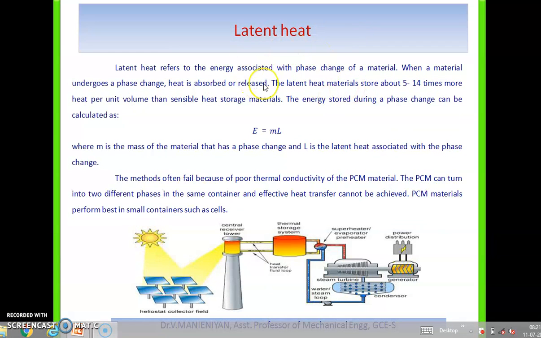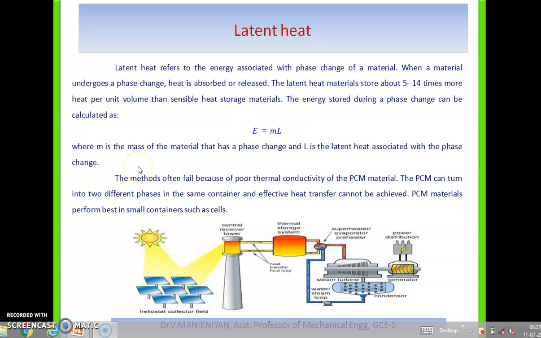Now I will discuss the latent heat storage system. Latent heat refers to the energy associated with the phase change of a material. When a material undergoes a phase change, heat is absorbed or released. Latent heat material stores about 5 to 14 times more heat per unit volume than sensible heat storage material. The energy stored can be calculated as energy equals m times L,